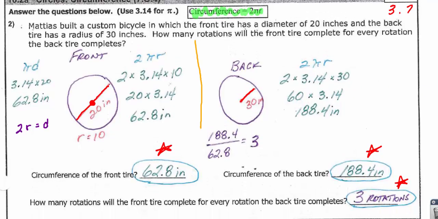And then the question is, how many times will the front tire rotate for every one time the back tire rotates? So there's our ground. Here's what our tires look like. Remember, our front tire, 62.8. Our back tire,